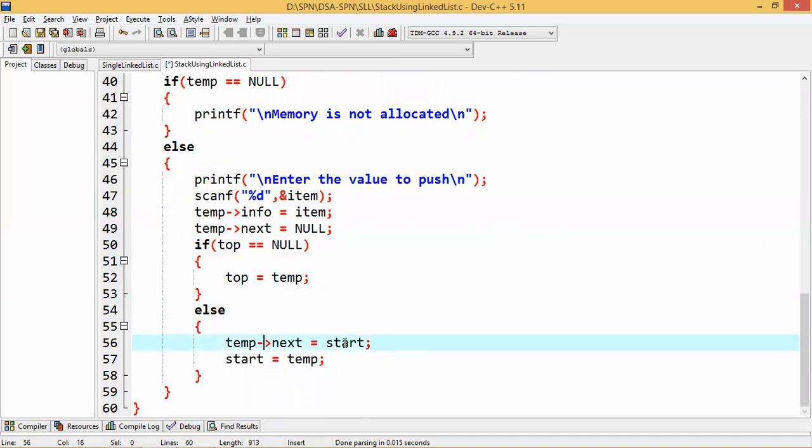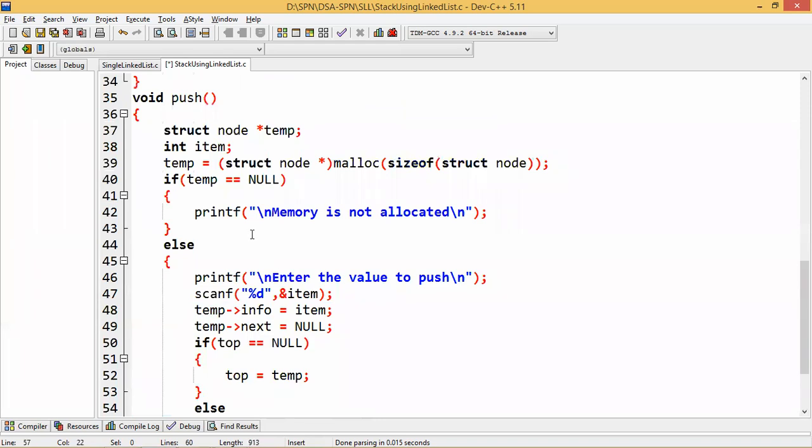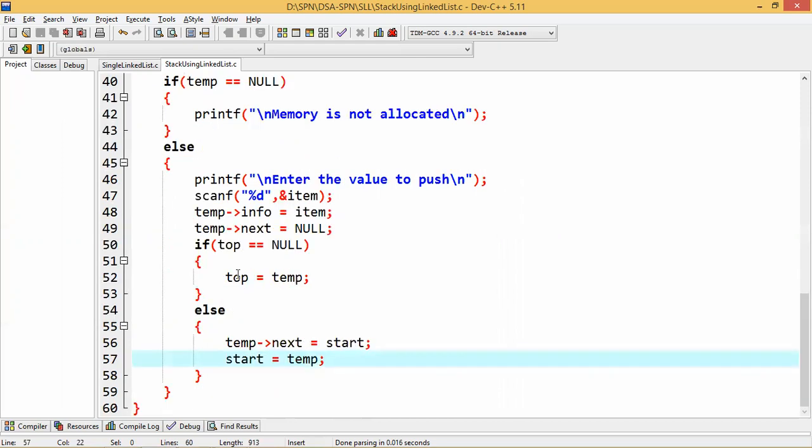Okay. Then if this is the first node, then top will point to that particular node. Otherwise, temp next will become top, so that the new node is connected with the existing list. And as temp will be the first node, because top will point to the last element you have pushed, top will point to 10. Okay. So we have not written any extra program. We have just copied the content of insert at beginning of the single linked list. The entire program we have copied and pasted. Just change the value of start to top. Okay. Now similarly,